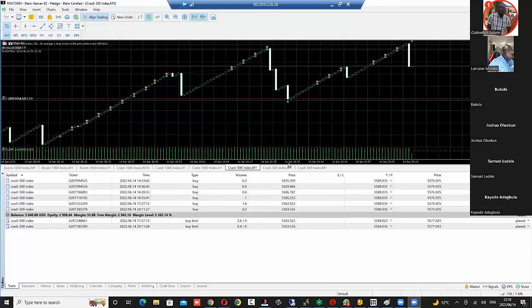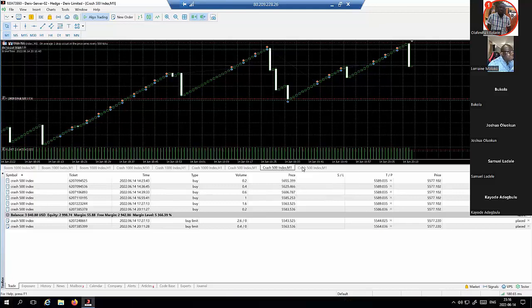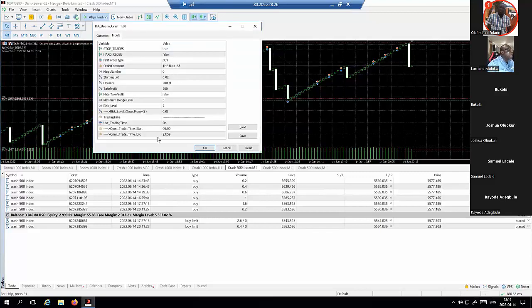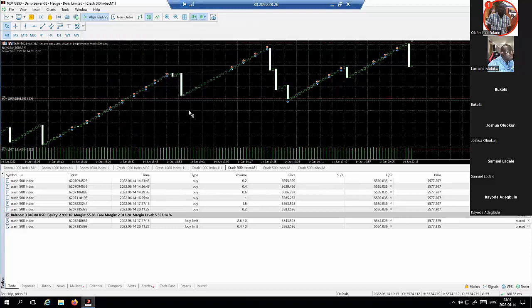Okay, now I'm going to use what I'm trading as an example, so everything is applicable to everything else that we are trading with your money. I'm trading Crash 500, like I said, and you can see that I opened the Crash 500 chart 3 times. This chart 2, this chart 3. So chart 1, let me go back there. What I'm saying here is, if you look at chart 1, which is Magic 0,